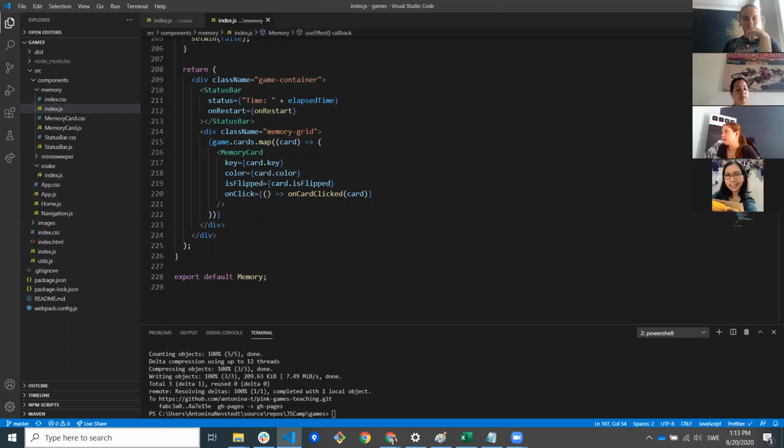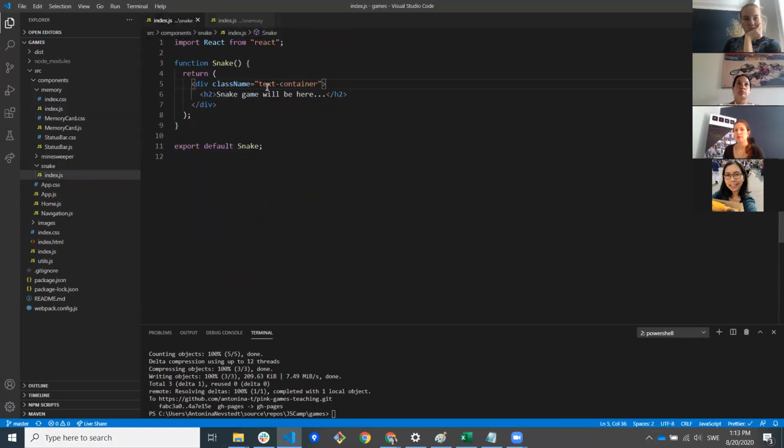How about we continue the same way? All of our games will be centered the same way within the same container. So we can reuse this game container and have it here. Instead of text container, have game container, and we'll fix the CSS later so it's available in both games. We will move it up to the app.css. We remove the H2,